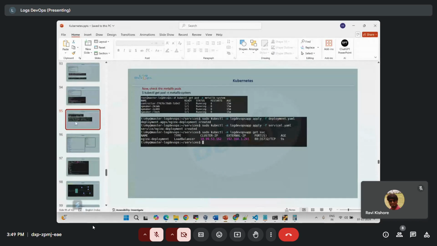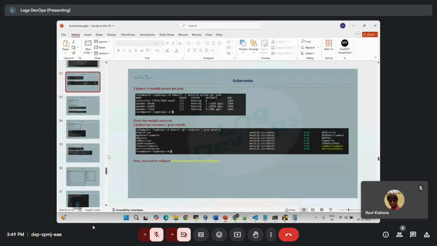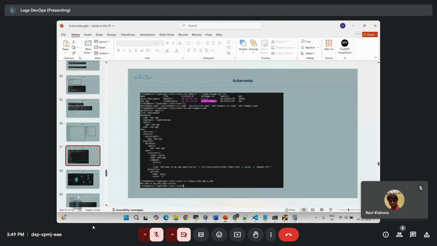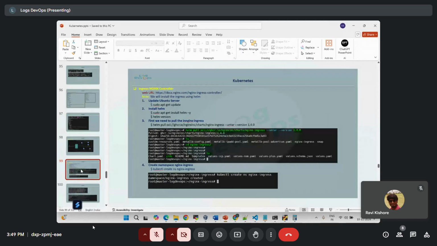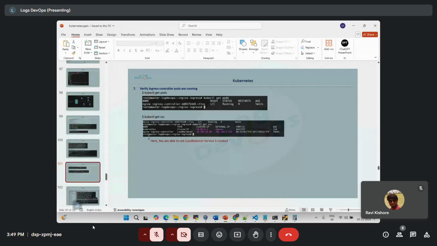oh, where did it go. I think I attached this here and there. That's why it's difficult to explain. I will make it better for you guys. See, here I have installed the Nginx ingress controller. Okay, after Nginx ingress controller, okay,